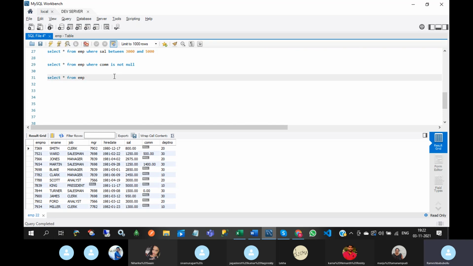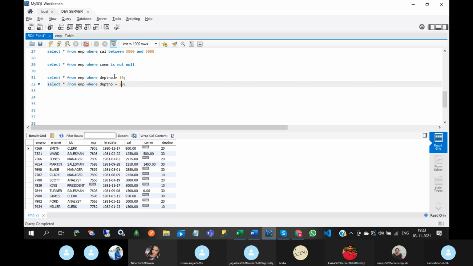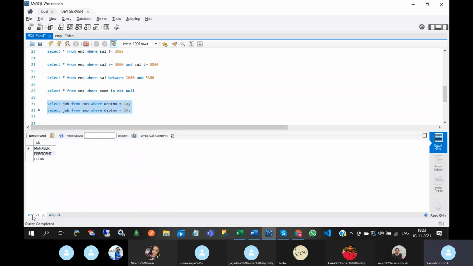Okay. So first, select star from employee where department number equal to 10, 20. You can take job only. So observe this.